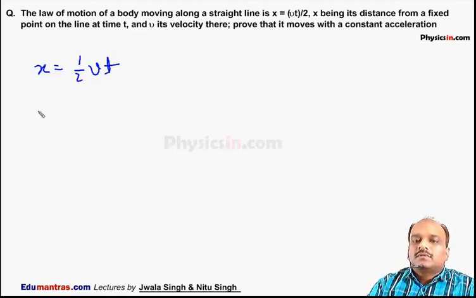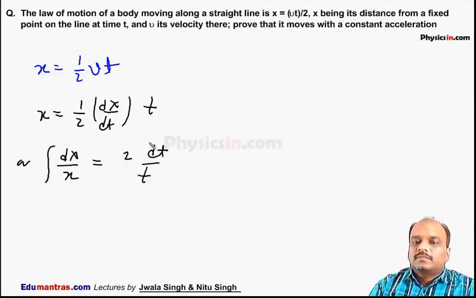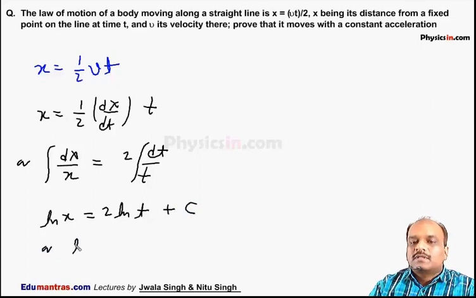So as we know, x is equal to 1 by 2, v can be written as dx by dt, multiplied by t. So this can be written as dx by x is equal to 2 times dt by t. If I integrate it, then we get ln of x is equal to 2 times ln of t plus some constant c, or this can be written as ln of x is equal to ln of